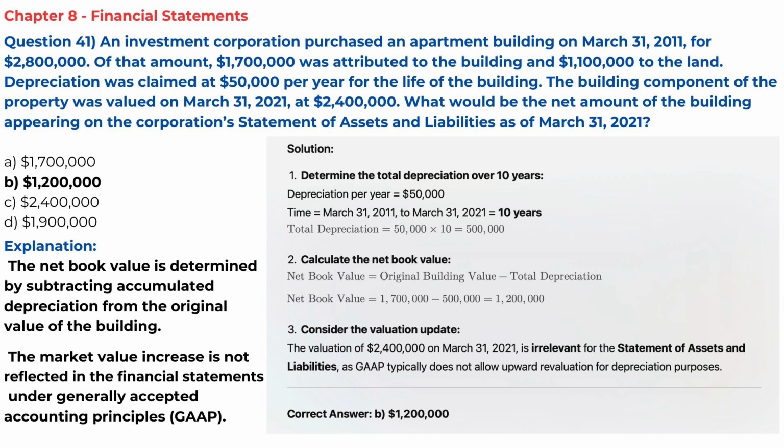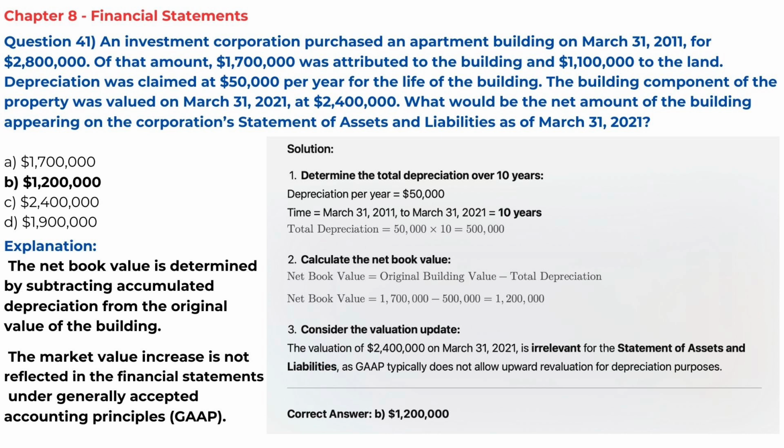Of that amount, $1,700,000 was attributed to the building and $1,100,000 to the land. Depreciation was claimed at $50,000 per year for the life of the building. The building component of the property was valued on March 31, 2021 at $2,400,000. What would be the net amount of the building appearing on the corporation's statement of assets and liabilities as of March 31, 2021? Correct answer: B,